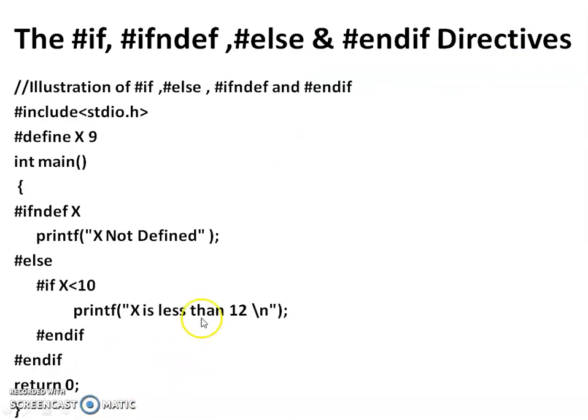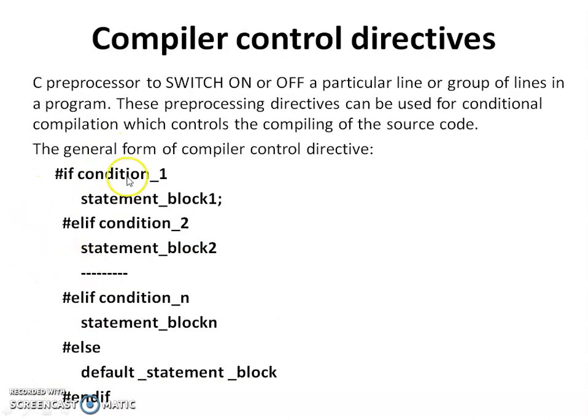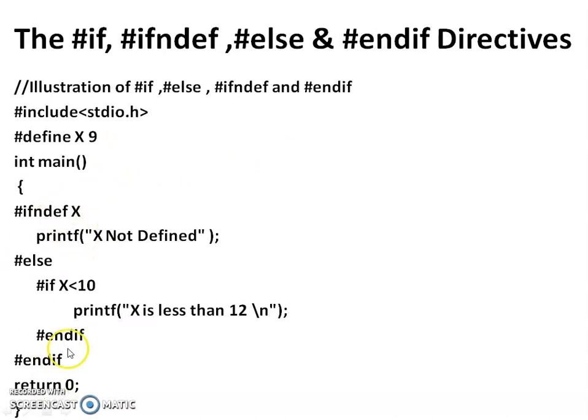So let's go ahead with a simple example. In this example, I am trying to place the compiler control directives within the program. I have defined the normal file inclusion, then the macro substitution, followed by multiple compiler directives inside the main program. I am checking for one simple condition there: if not defined a macro x.